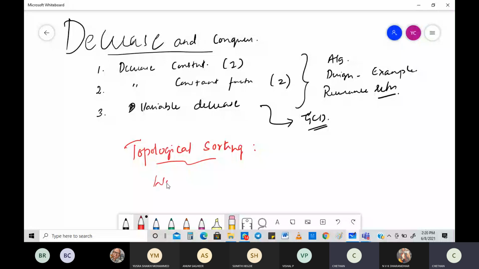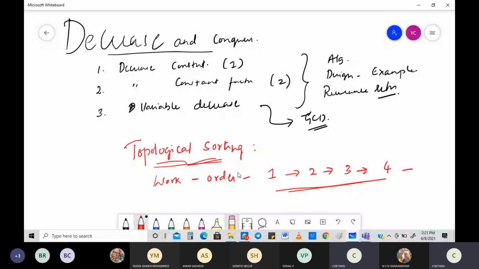If you take any work, there needs to be some order. First, you are going to do some work, then you are going to figure out the next work, then the next work, like this. This order is known as topological sorting: ordering anything based on the way the work needs to be completed.